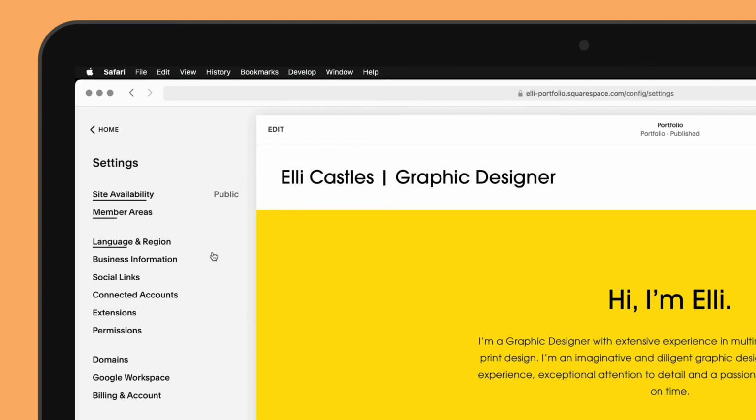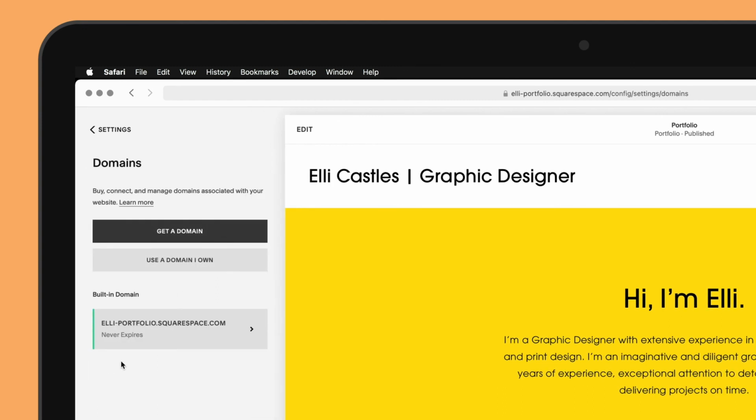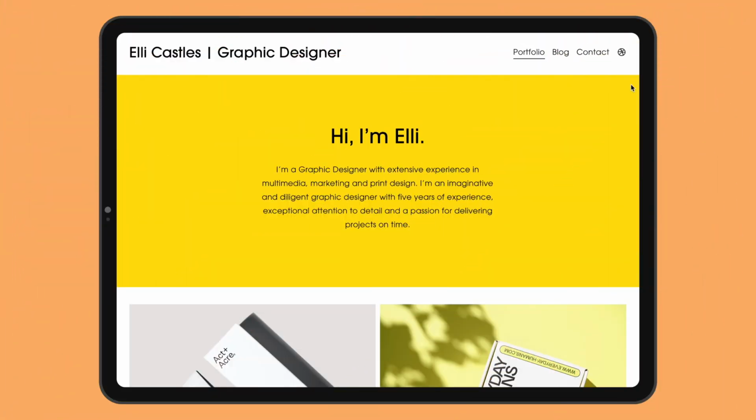Finally, make sure to link your site to a domain name. Go back to Settings, then choose Domains. You can choose to purchase a new domain through Squarespace or connect your site to an existing domain that you own. Once you've completed the relevant steps to set up your domain,